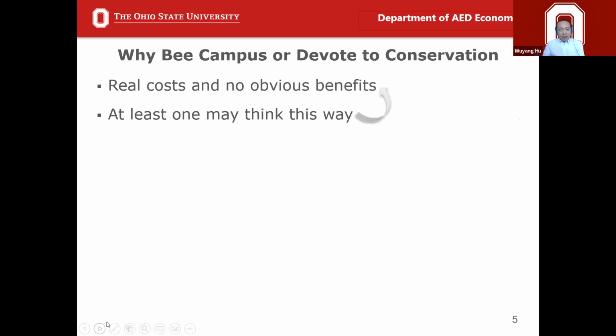However, the conservation idea or conservation of bees, are they really that important? We see no obvious benefits, but we see a lot of costs. When I say we, I mean some folks will argue that we don't see any real benefits, which to a certain degree, I agree, because it's hard to see, right? Why do we conserve the bees? Mary mentioned a lot of reasons. I think after today, a lot of folks will think about this differently, potentially, right? Think about that grocery store shelf. Without bees, all those things will be gone, potentially. So it's really a fundamentally important question.